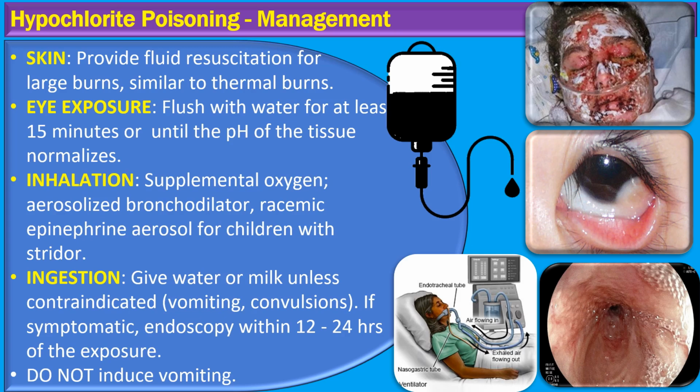After decontamination, we must assess the depth of skin burns and check for corneal burns or open globe injuries in the eyes. For extensive burns, fluid resuscitation is crucial, akin to the treatment for thermal burns. Moving on to the respiratory tract, we need to be vigilant for signs of edema or injury. Symptoms such as stridor or hoarseness can indicate upper respiratory tract issues, which should be confirmed through a visual inspection of the airway. If lower respiratory tract injury is suspected, a chest radiograph is necessary. Be on the lookout for clinical signs like fast breathing, low oxygen levels, retractions, muted breath sounds, wheezing, crackles, and respiratory distress or impending failure.